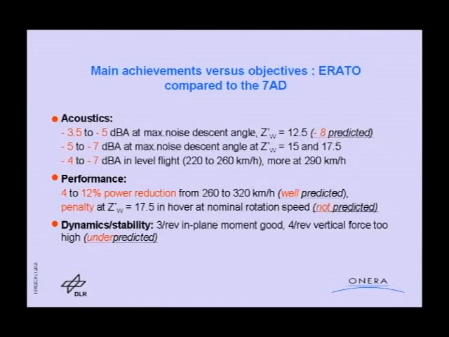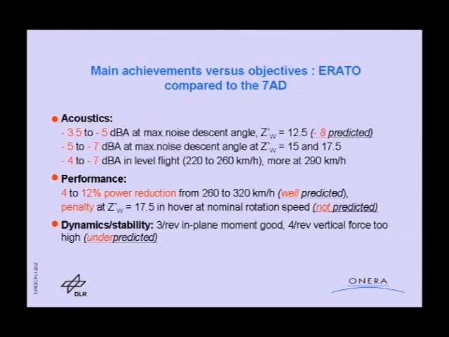So our predictions have certainly got the physics, but the numbers were not so good. We got between 5 and 7 dBA noise reduction for other weight coefficients of helicopters, and also a significant gain in power reduction at high speed, but a penalty in hover